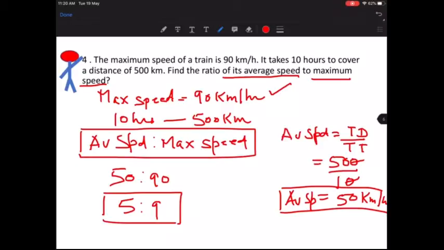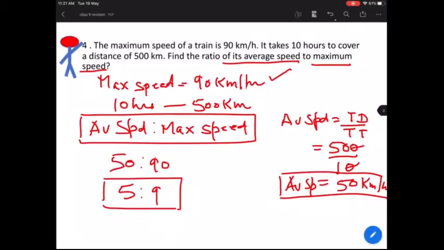Now here someone had asked me previously whether we need to change the units every time. No, in this question you need not change, because all the units are in the same quantity. All the units are given in kilometers per hour only. So you need not change anything. Had he asked you some time, or some distances in meters, then you had to do. Yes, otherwise in this case you need not change any units. Fine. So let's now move on to the next question.